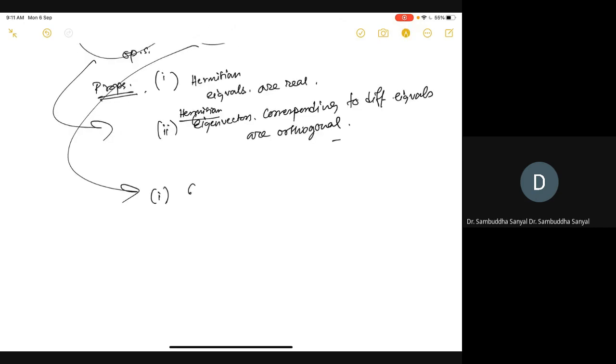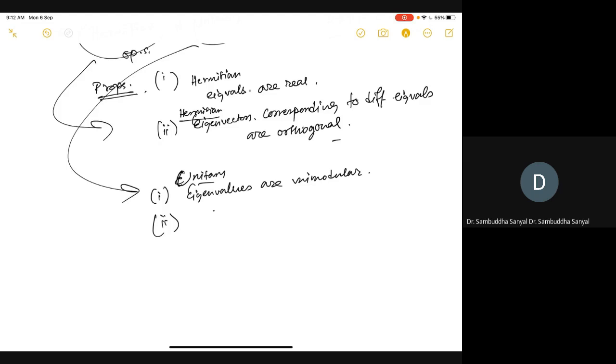First, unitary eigenvalues are unimodular, which means they are complex numbers with modulus 1, like +1, -1, or some other factor, but the amplitude has to be 1. And again the second property is common.